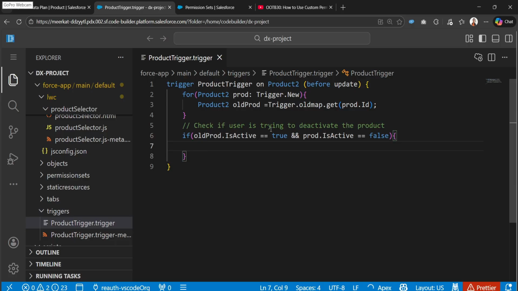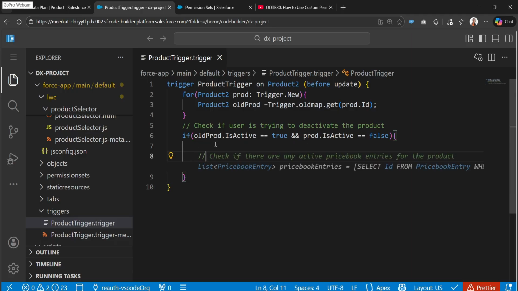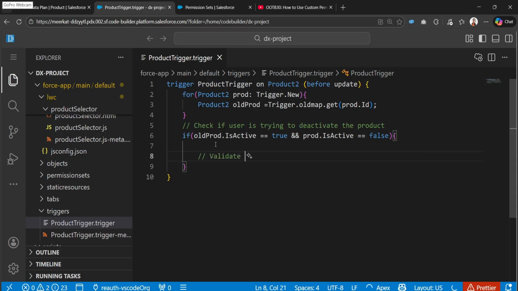So this oldProd means this is the earlier version of the product copy. If the product had is active true, and after the update, the latest is active is going to be false, then we are going to check if the user has the custom permission access or not, right? Let me write the comment first: validate custom permission,